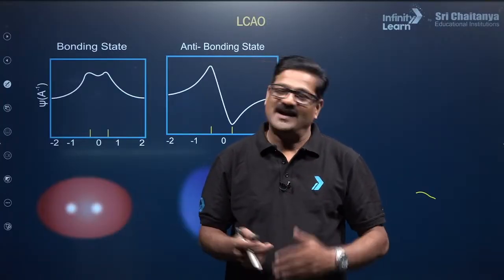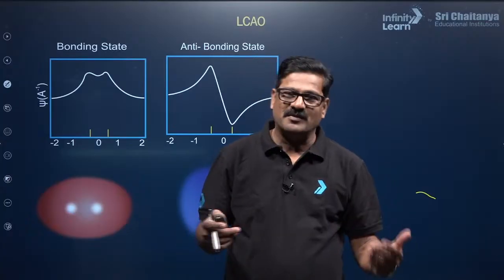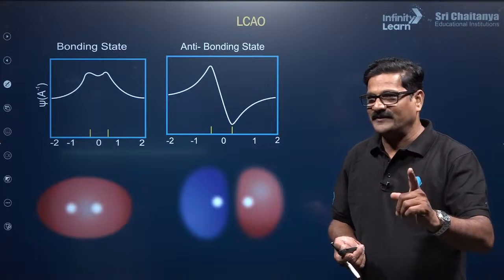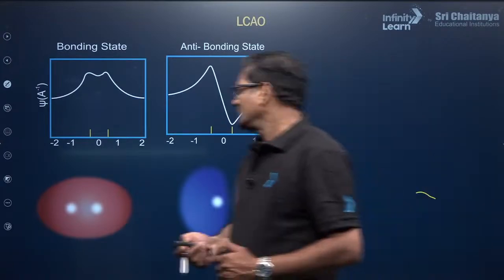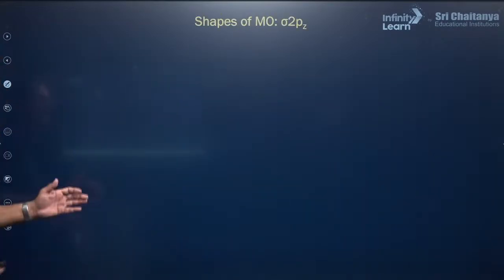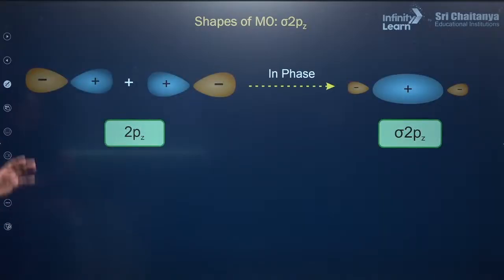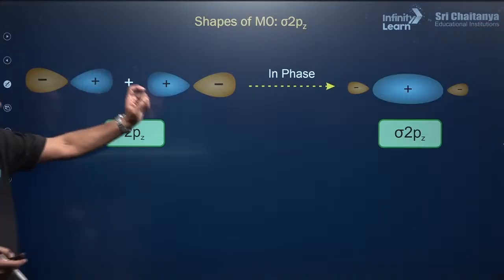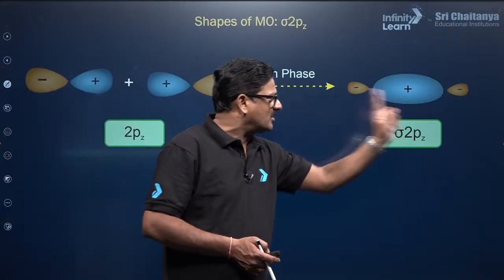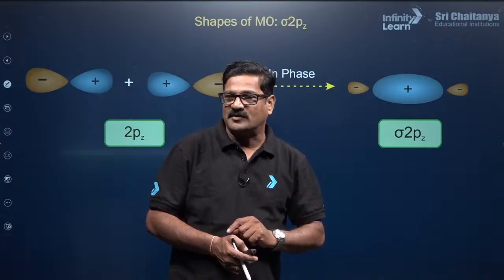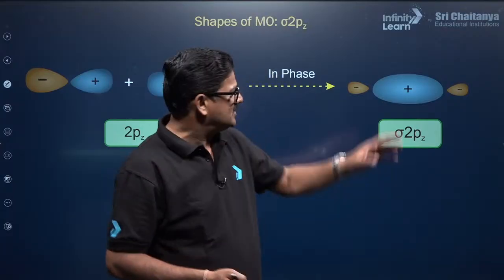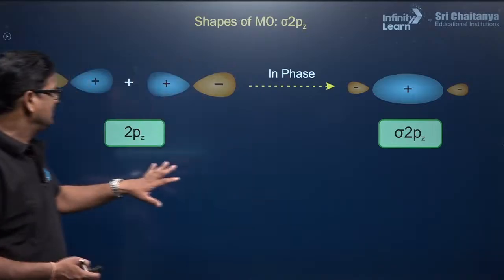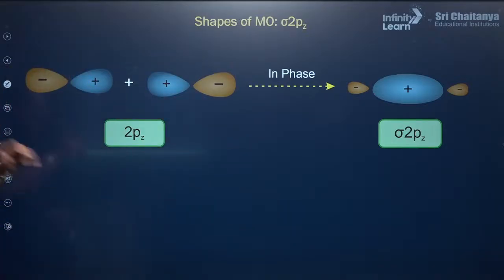Right? And if they form sigma bond and pi bond, I am going to show you the various types of orbitals. Now let us see here, this gives you bonding molecular orbital and anti-bonding molecular orbital. If you see, this was the s orbital. When this p orbital combines, a molecular orbital of the sigma bond is formed. They can also form pi bond. This is how the sigma pz orbital is formed. Let us see, an anti-bonding orbital can also be formed here.